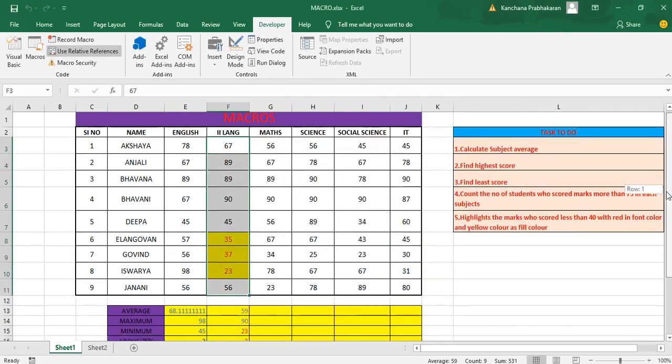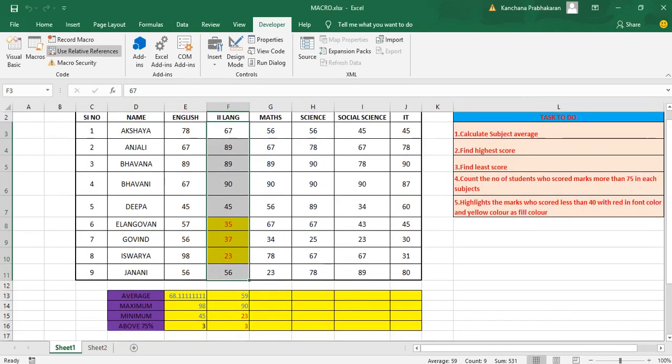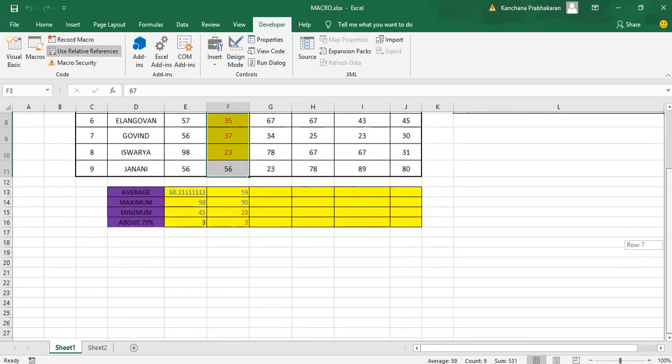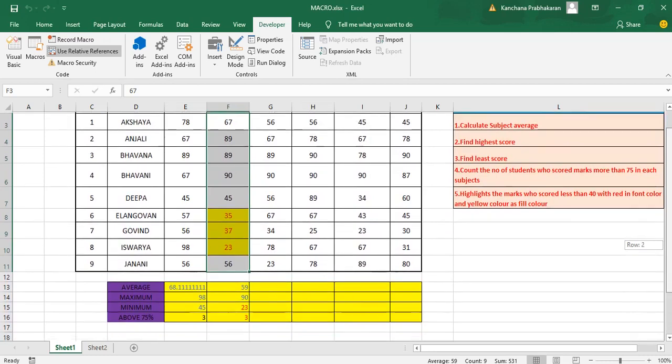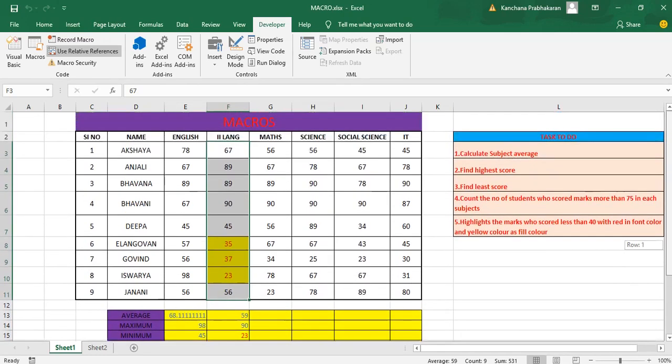So automatically my formulas are done for the second language. Can you see that? Yes. Without typing the formula again, I can easily apply the same formulas to the second language. Like this, I can create the formulas for all the remaining columns also. So keep your cell pointer in the first cell of the list of marks. Then what is the shortcut key I have created? Control plus Q. Simply press Control plus Q. The formulas will be applied automatically.